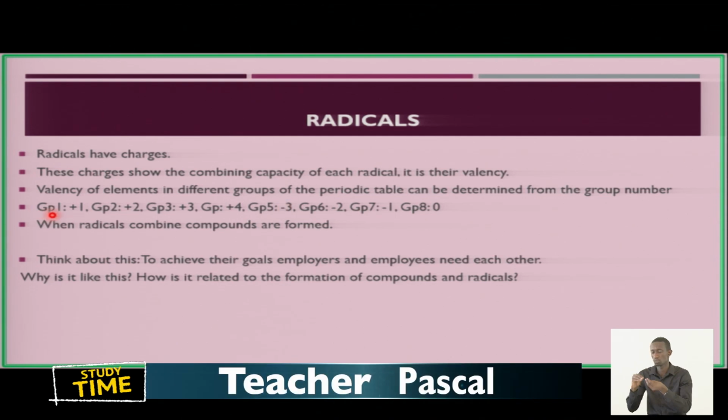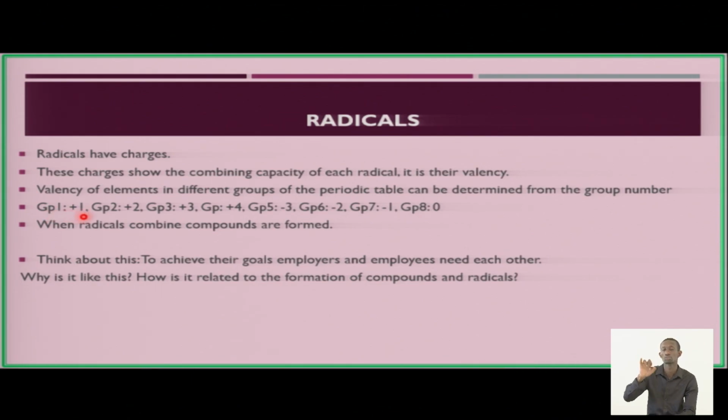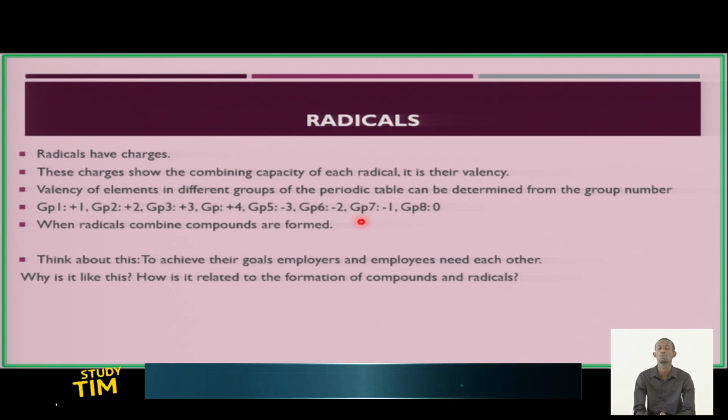For group 1, the valency is 1. For group number 2, the valence is 2. For group 3, the valence is 3. And for group 4, the valence is 4. But when you go to group 5, 6, 7, then you take the number of